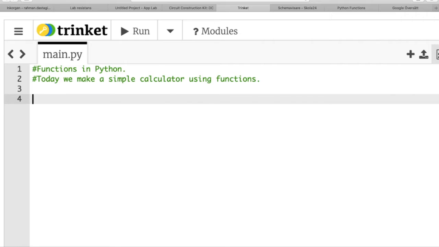So in this example, let's see how we use functions in order to make a simple calculator. The name of a function must be descriptive. So we define a function by the name of def, and then this function is adding two numbers. So we write add, and then we give it two parameters,